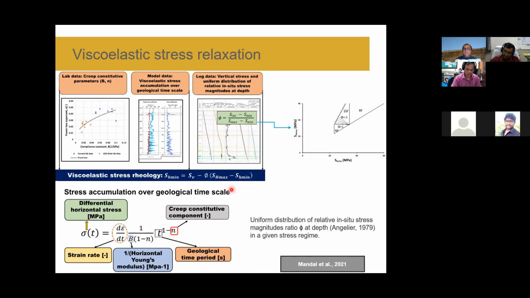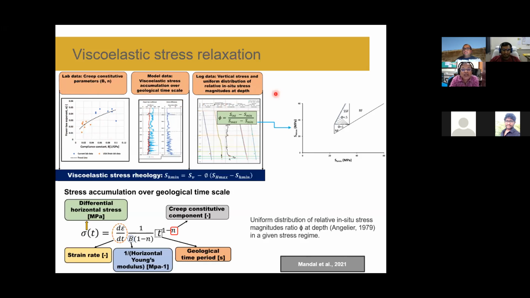Coming back to the main concept, how can this be done from the laboratory scale to the field scale? Basically, we require 3 different parts to compute this viscoelastic stress relaxation. The first component is a database of creep behavior of the rock itself, and I'll come back later to discuss how those properties can be estimated. If we get the creep parameters from the laboratory scale, we can use them to build our viscoelastic stress accumulation model in the model domain, utilizing well logs and this laboratory data.